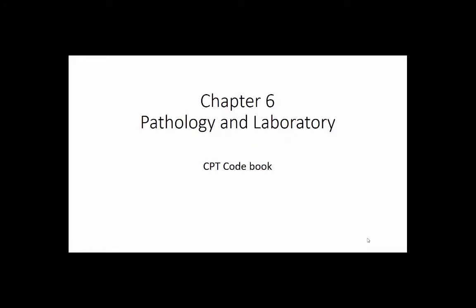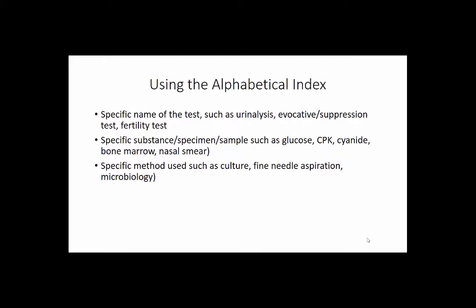Today we're going to work on Chapter 6, Pathology and Laboratory, in the CPT Code Book. As with many of our CPT chapters, you will use the index when you're looking up codes. You can either look up the specific name of the test, such as a urinalysis, the evocative suppression test, fertility test are examples, specific substance or specimen or sample that you are measuring, like glucose or CPK, which is an